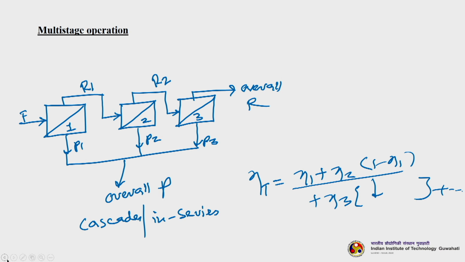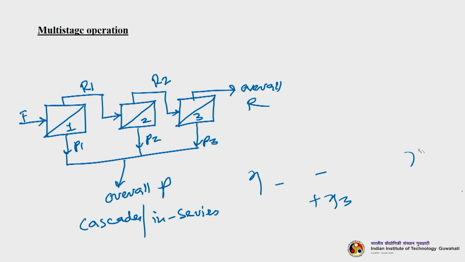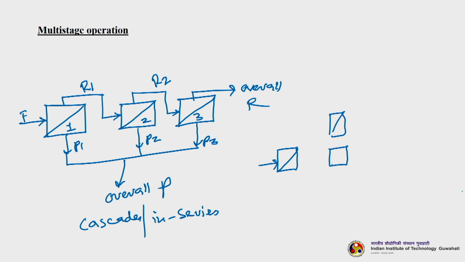Now, we can have these multi-stage operations in a different way also. So, I am just trying to erase this, and I will draw some other small system here. Okay. So, let us say this is here. Actually they are the same, but here let us say this gets divided.